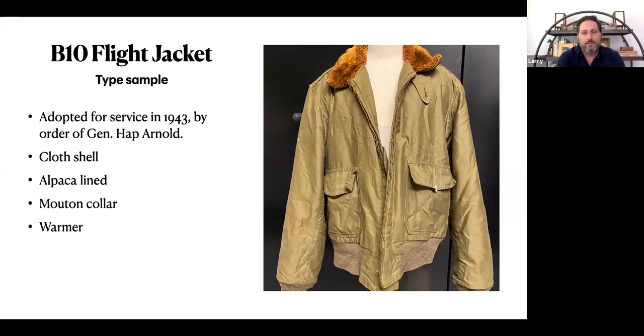This is a B-10 flight jacket. Now, the B-10 looks very similar to the A2, but it's cloth shelled, but a lot of the features remain the same. So there's the knit wool cuffs and the wool knits at the waist of the jacket. Now these were, I think, much more functional, and that's one of the reasons why General Arnold discontinued the A2